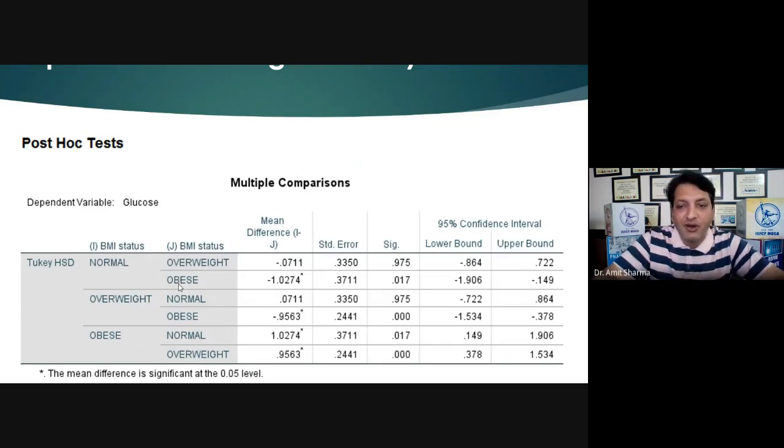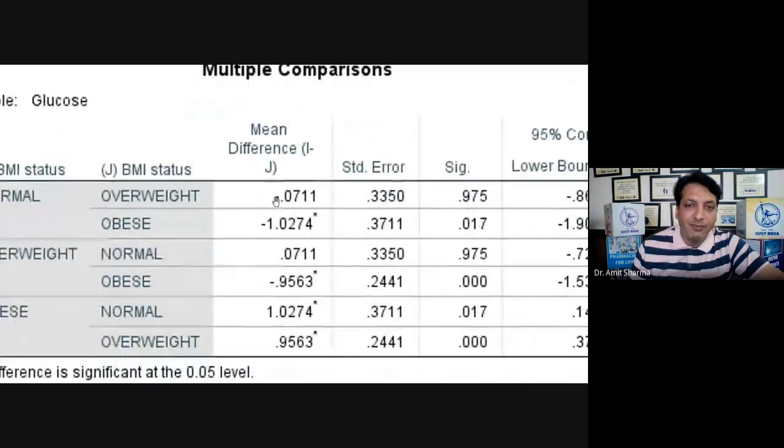And how can you find out which of the groups was found significant? For example, instead of these 3 groups, if you have taken 3 drugs, then out of the 3 drugs, which drug is better as compared to the other 2? This you can find out after seeing 2 values. One is your mean difference.